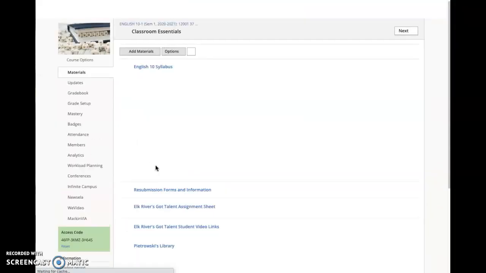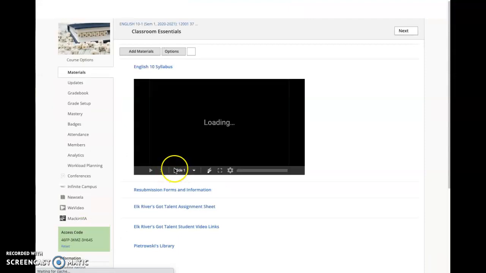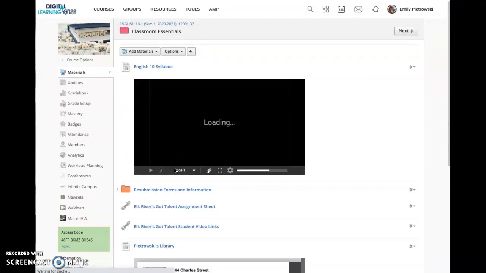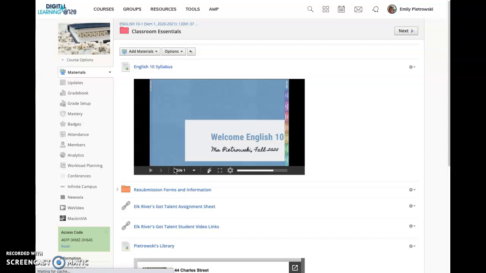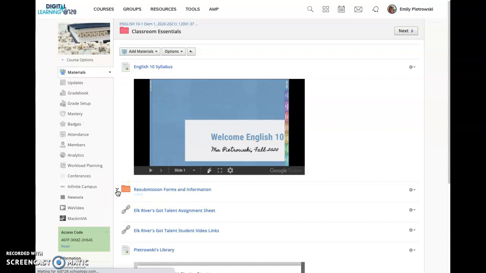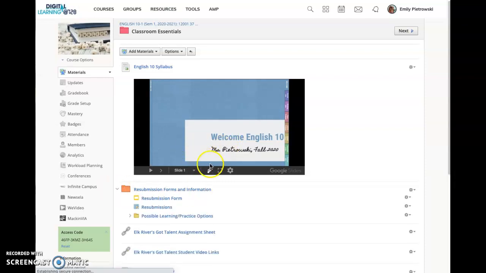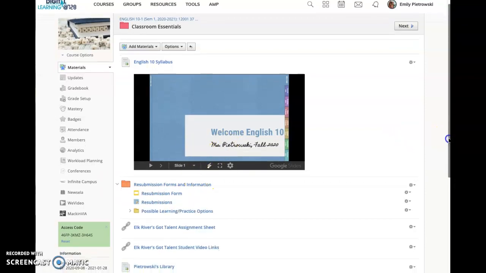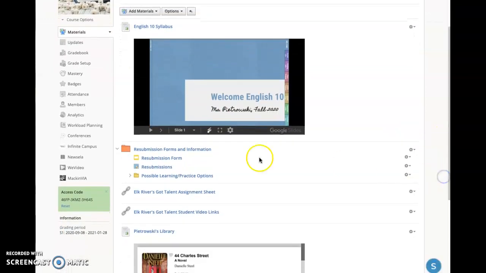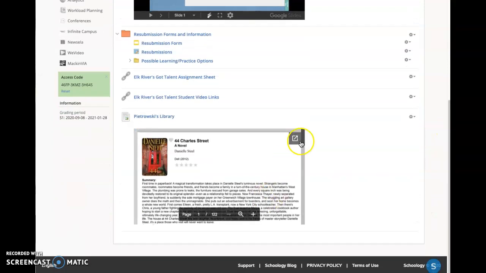This folder is called Classroom Essentials because this is a folder that you might be going back to over and over and over again throughout the semester. So in here are just like the basics for the course, like the syllabus. I have your resubmission form in there, which the resubmission form was talked a little bit about in your syllabus. It has the America's Got Talent assignment sheet, which we're going to be working on, and where you're going to turn in the links to your videos. It also has a